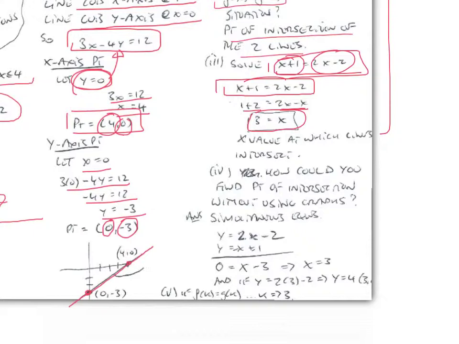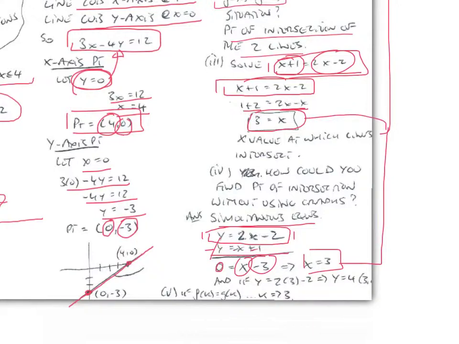Okay, now, how could you find the point of intersection without using graphs? Well, the answer to that would be to use simultaneous equations, where you let, now if we said it was g of x, we could have said that x maps onto, or we could just say it was y is equal to 2x minus 2. Remember from the other chapters, there's three ways to notate a function, and y equals x plus 1. So to solve these simultaneous equations, we can just change the signs and add. So change signs and add, and we get, these will cancel out, we get 0, and we get 2x minus x is x, minus 2 minus 1 is minus 3. So 0 is equal to x minus 3,